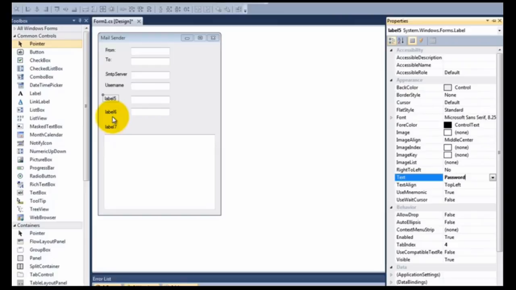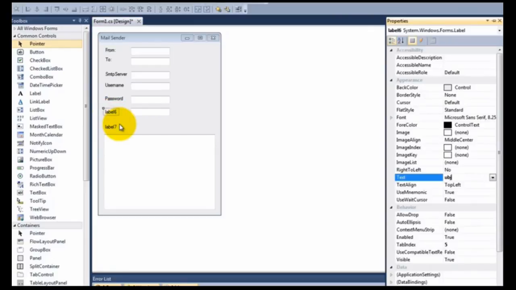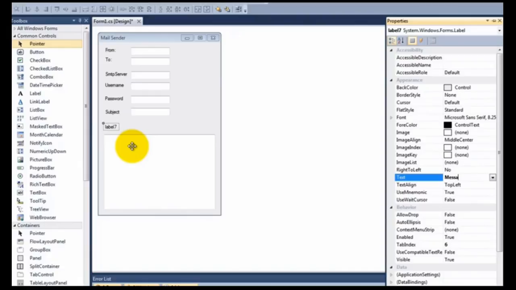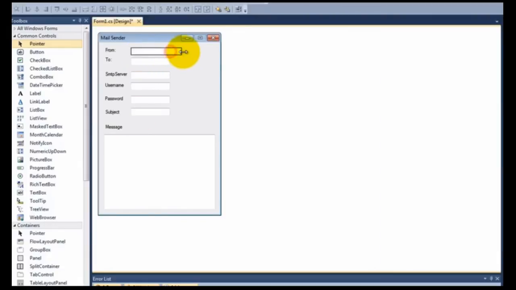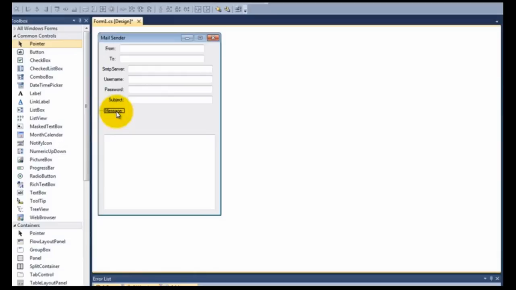The fourth is the username. Fifth label box, change it into password. The sixth is the subject. Then the seventh is a message. Let's stretch all the text boxes.